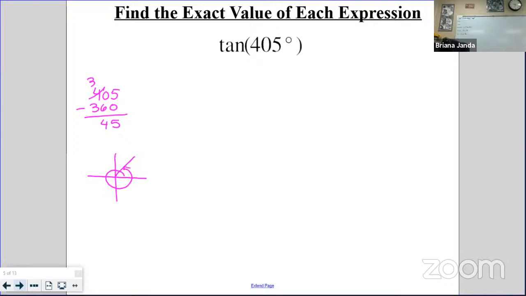And it kind of helps me figure out my reference angle going back here, right? That distance is 45 degrees. Also drawing this, I now know that we are in quadrant 1 and all answers are positive in quadrant 1. So my answer to tangent of 405 degrees is positive. Go to my model for 45 degrees, go to my 45 degree ordered pair in my first quadrant,